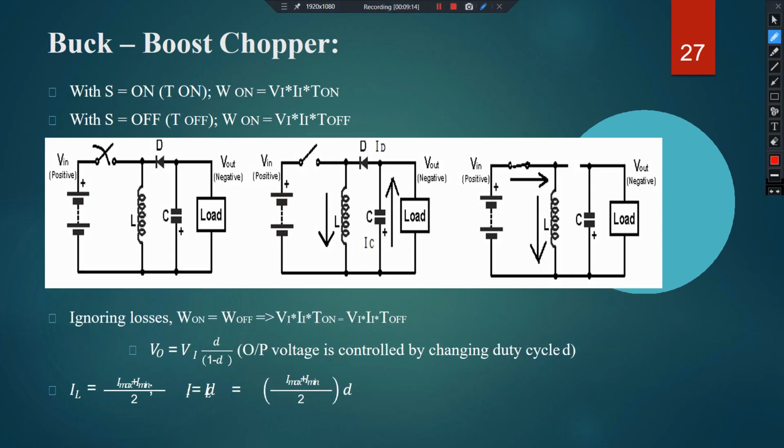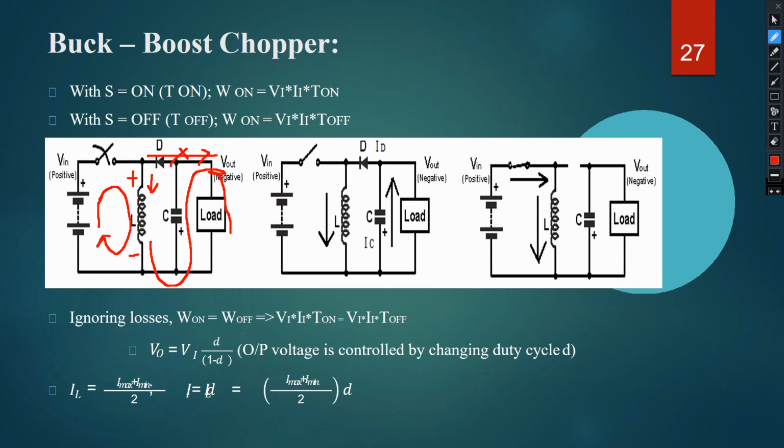So when the switch is open, what will happen? This is a reverse bias diode, so current cannot flow in this direction, but the current can flow like this. So during its course, what will happen? The point of entry of the current is like this. So the top terminal of the inductor will be positively charged, and the bottom will be negatively charged, and the current will have a chance to go through C, through the load.